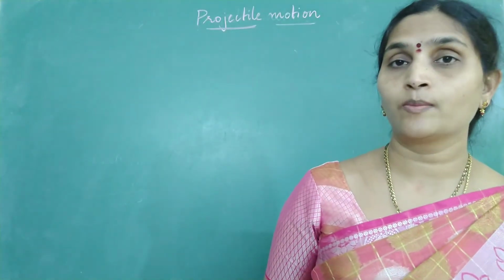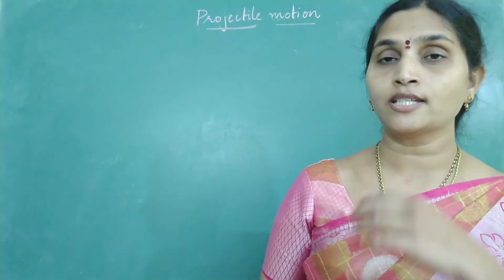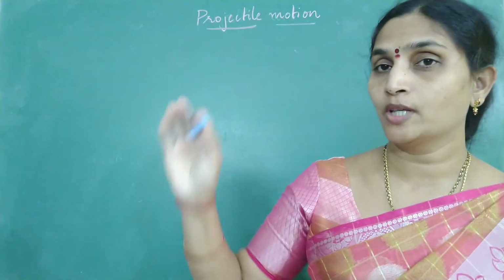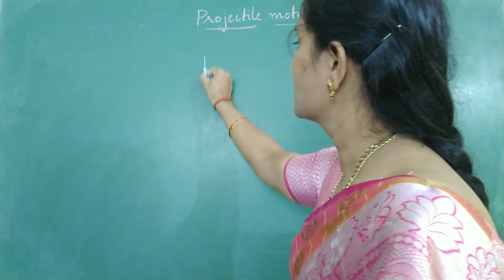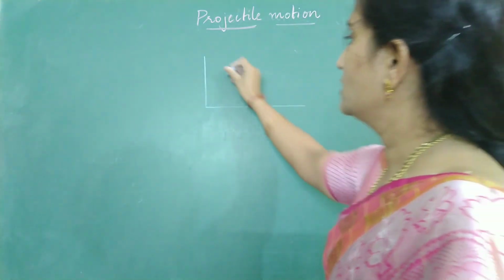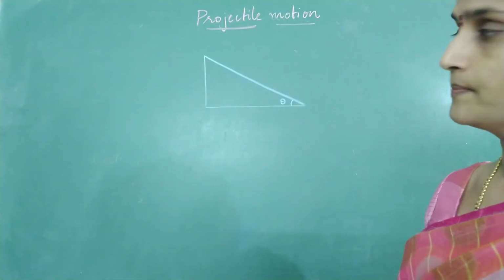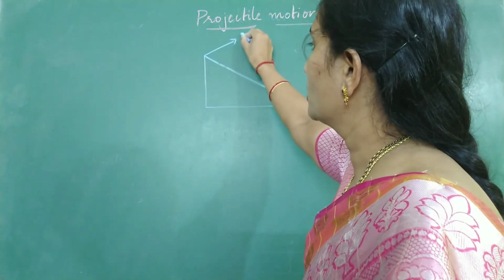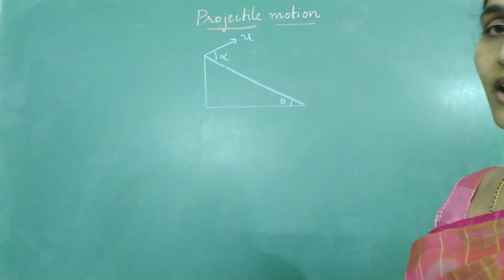Now the second case of an oblique projectile, a body projected down the inclined plane. Just now we have seen the equations when the body is projected up the incline. Now opposite, from the top of the inclined plane we are going to project the body downward on an inclined plane. Now this time consider this as an inclined plane whose inclination we took as theta. From the top of the inclined plane we are going to project a body with a speed u, making an angle alpha with the inclined plane.